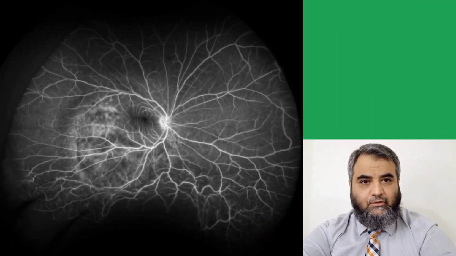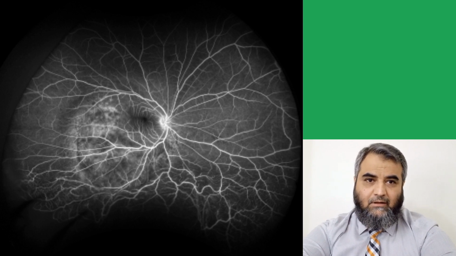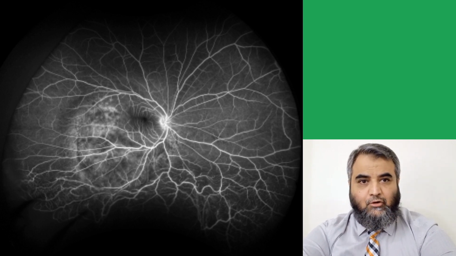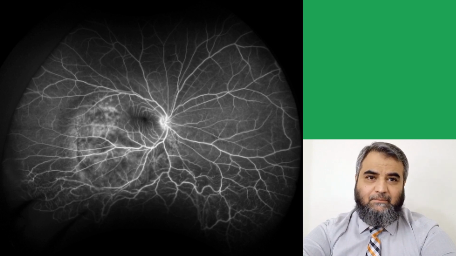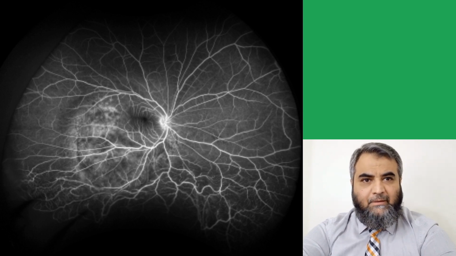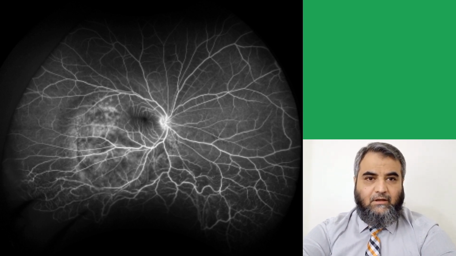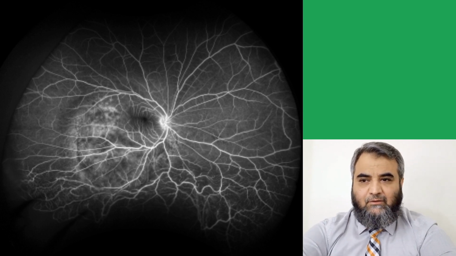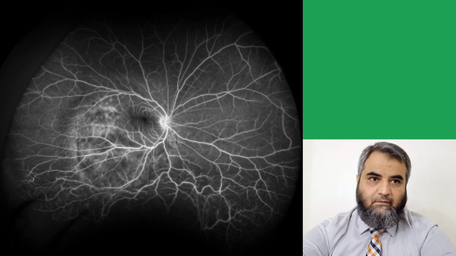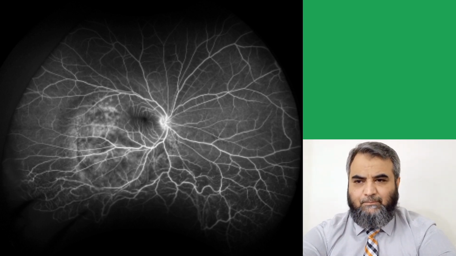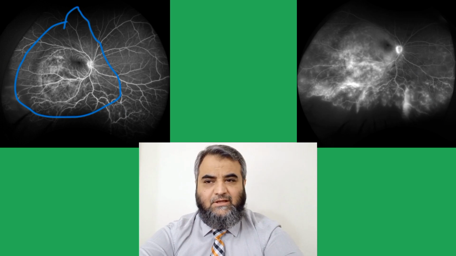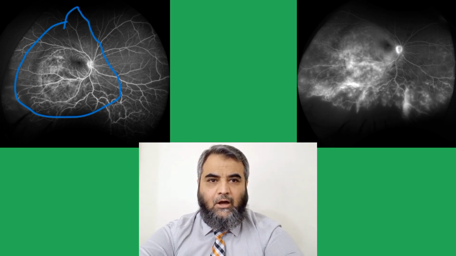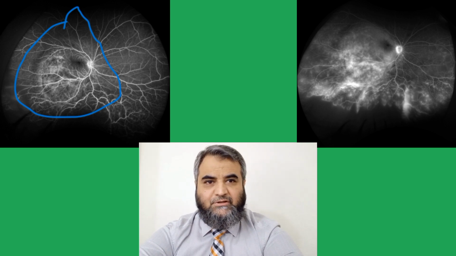At fundus fluorescein angiography, as I mentioned earlier, they may present hypofluorescent because of the blockage of the dye because of the pigmental changes, and sometimes there may be pinpoint hyperfluorescent dots-like appearance. So if you kindly have a look at this first fluorescein angiograph, you will appreciate that over in the macular area, you will find those small hyperfluorescent areas. In the red circle, it has been marked how in the macular area this hyperfluorescent dot-like appearance